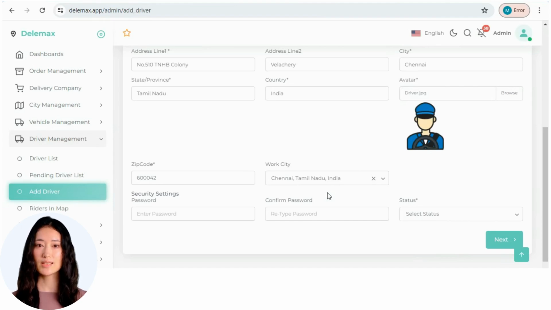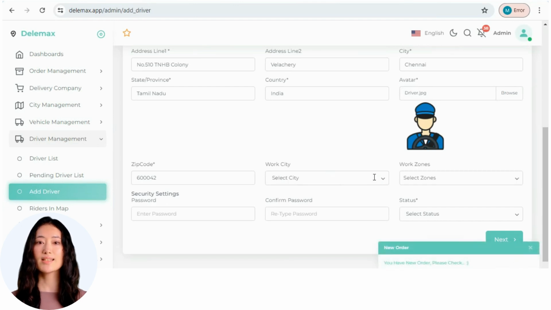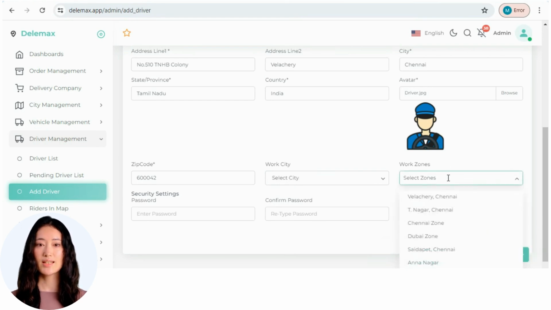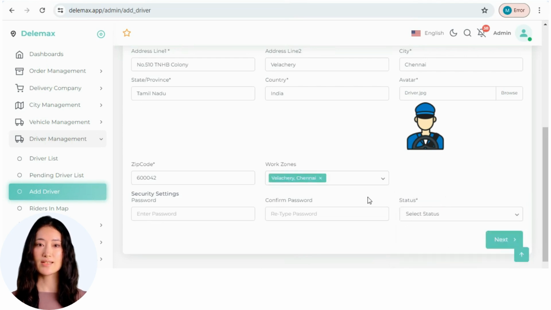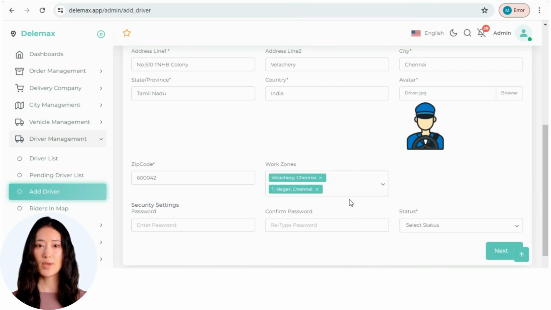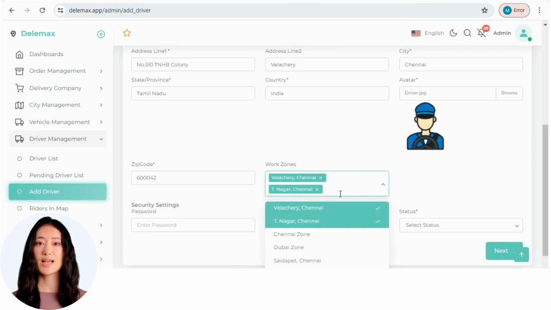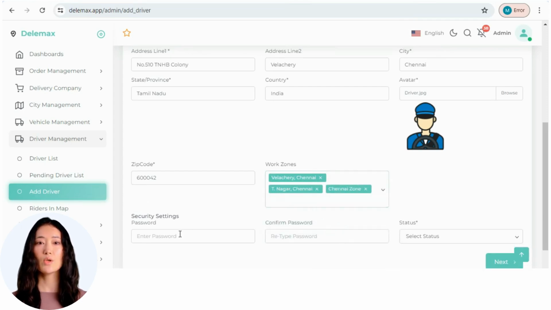This prevents the simultaneous addition of both a work city and a work zone. If you need to add a work zone instead, simply cancel the city selection and proceed with adding the work zone. This design ensures that either a city or a work zone is chosen based on preference, as both are optional parameters. For drivers working within specific areas, selecting a work zone will automatically hide the city option. You can also add multiple zones simultaneously, making this feature particularly useful for those with specific regional limitations.